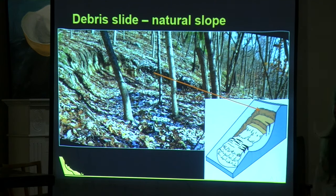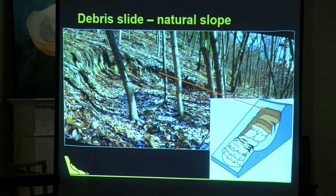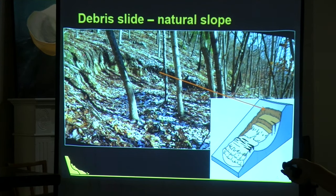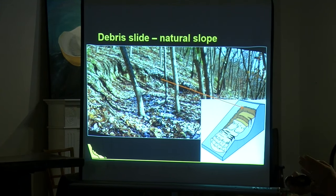And this one is on a natural slope, so nothing has happened to the toe or to the head of it. Up at the top, you can see this is the scarp area where the soil is exposed. And it started that this block was connected to the top, and then the soil rotated along this curved rupture surface,